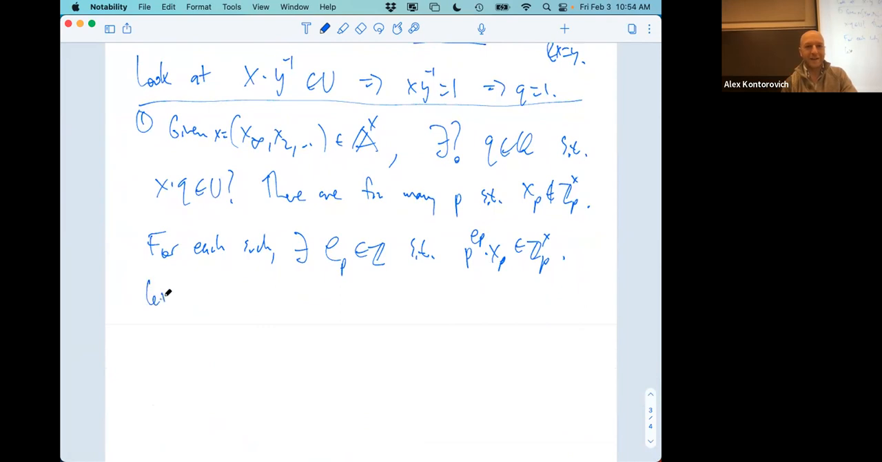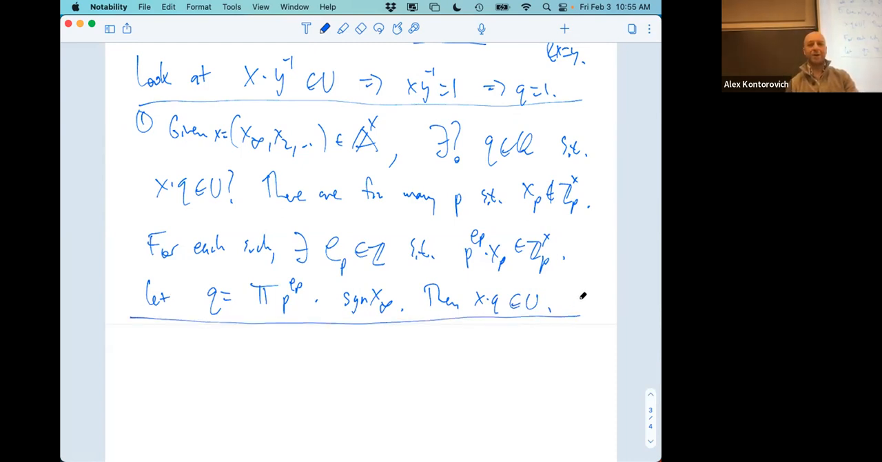So then we let Q be equal to the product of these P's to the EPs, times plus or minus 1, depending on the sign of X infinity, to make sure that when we multiply Q by X, the real component lands correctly. The way I've normalized it is not a minus sign there and a minus sign there, but just that XP is in XQ. Okay. Any questions on why the